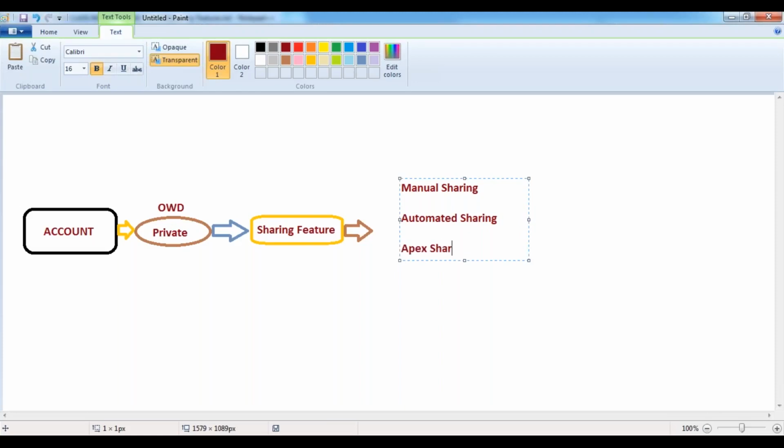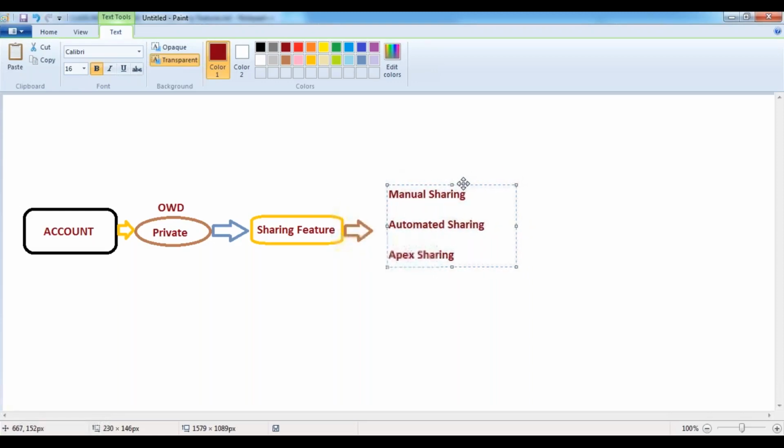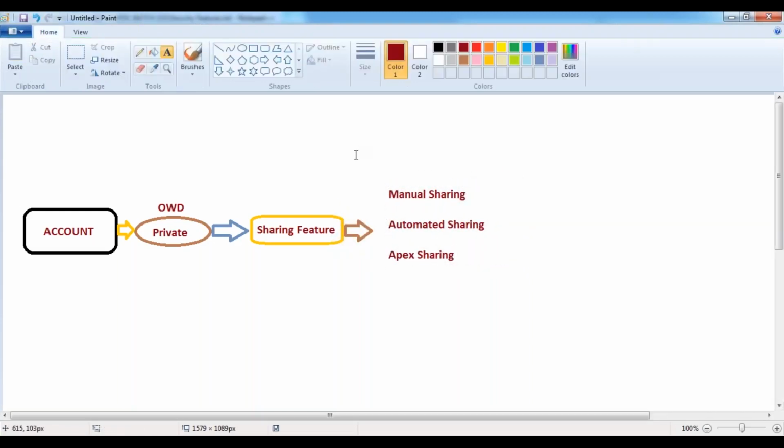Third, Apex sharing. These are the three ways to share a record in your Salesforce instance.